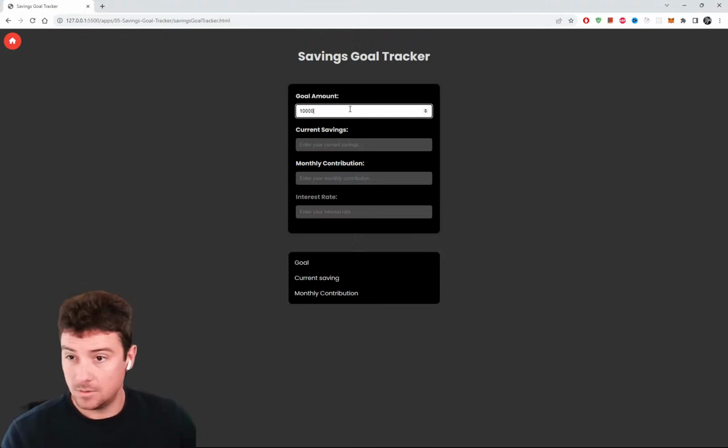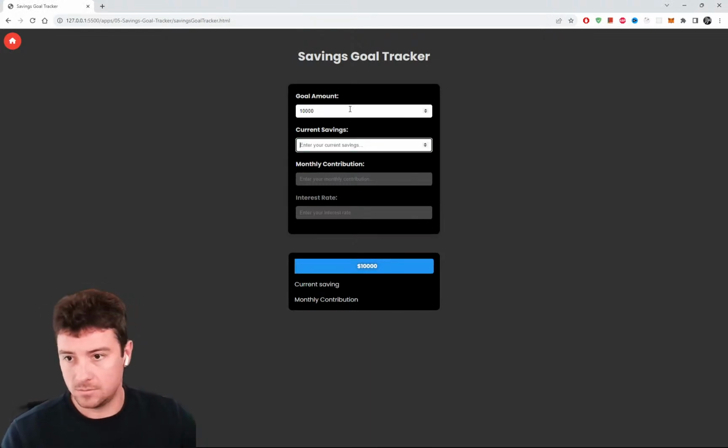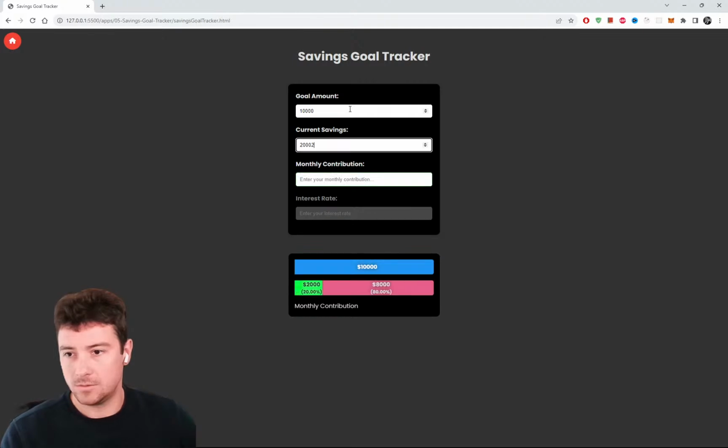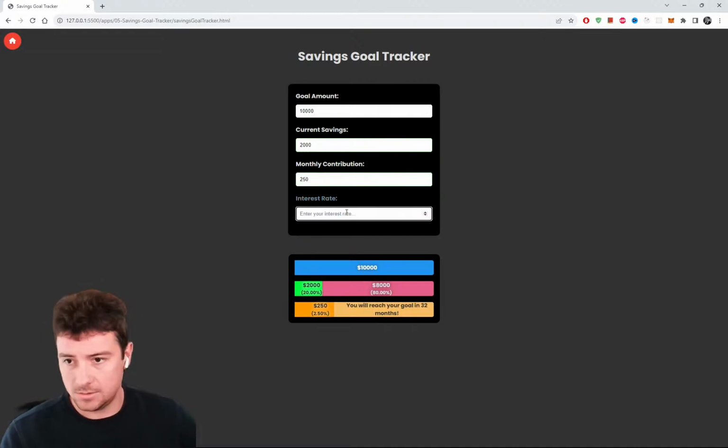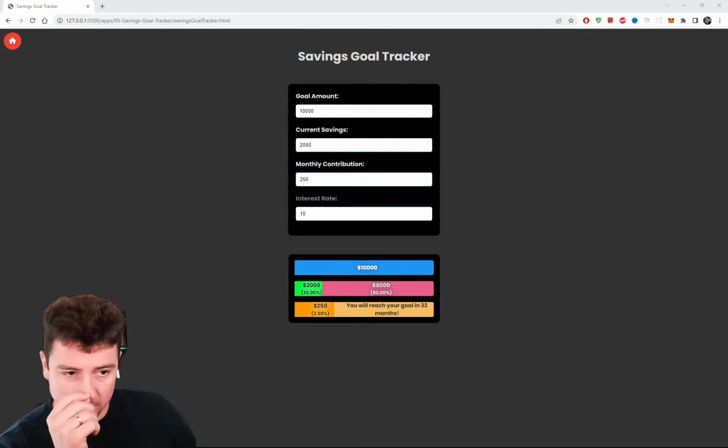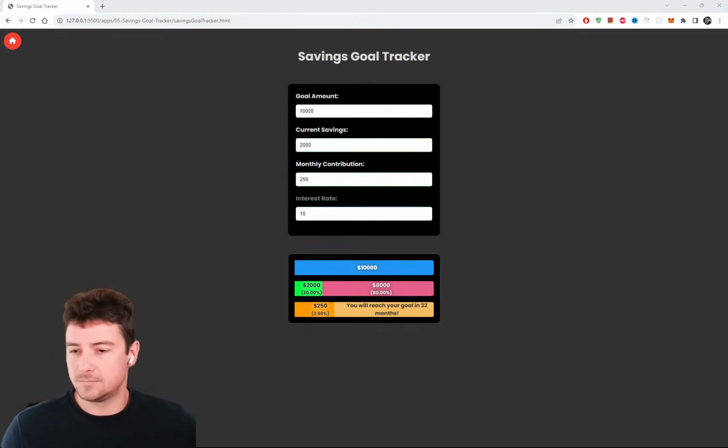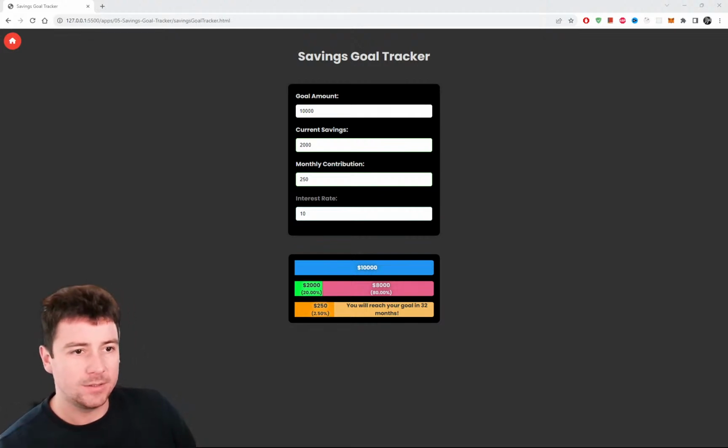So let's see. Oops, 250, let's say, and now I can click this, and now I could add here, say, an interest rate of 10%, and this didn't work. I just want to monitor this. Okay, so why didn't this work? When I'm changing this one,